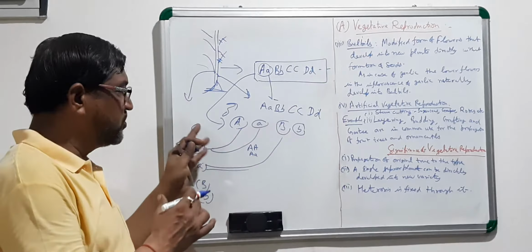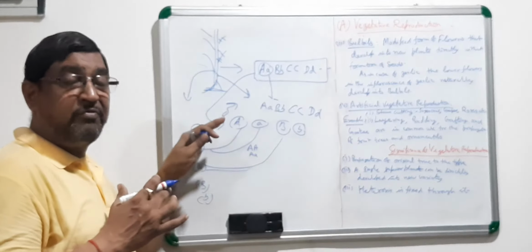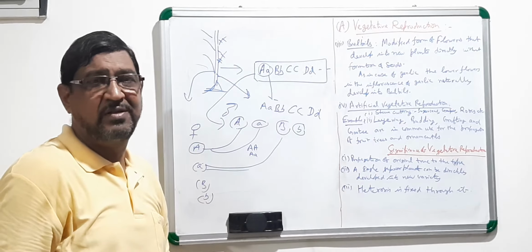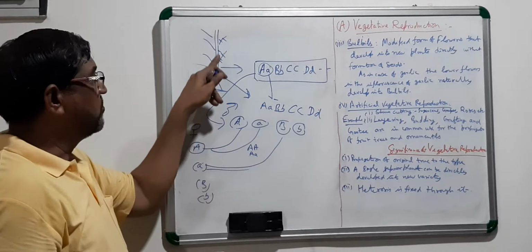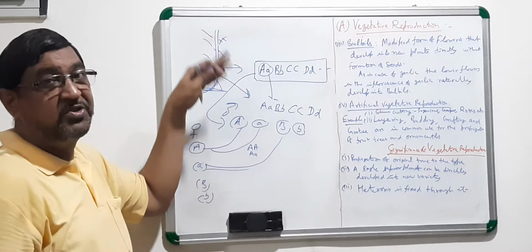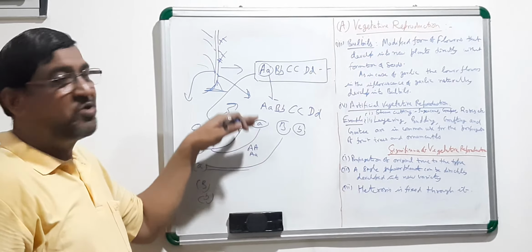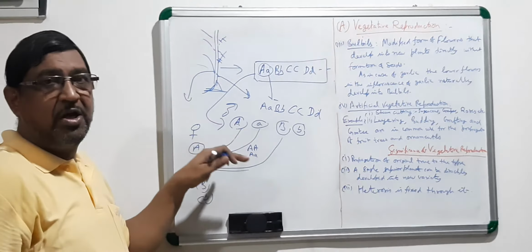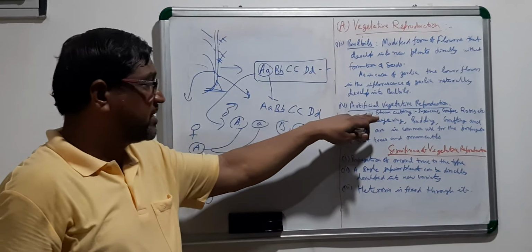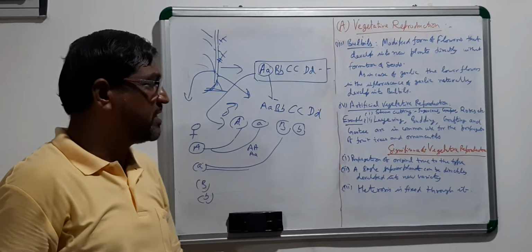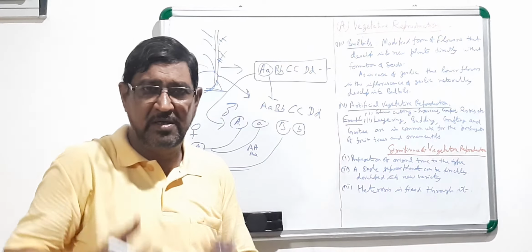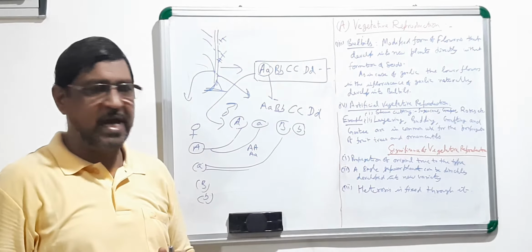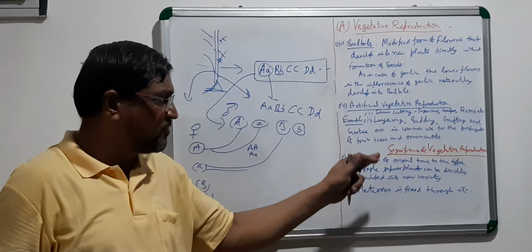So in sexual reproduction the genetic constitution is changed. Once the genetic constitution is changed, the quality of the variety is changed. So you will not get the dasari, you will not get the langda from this. So it is very important that you use artificial vegetative reproduction or any type of vegetative reproduction to preserve the variety, to propagate it true to the type. So these are the significance of vegetative means.